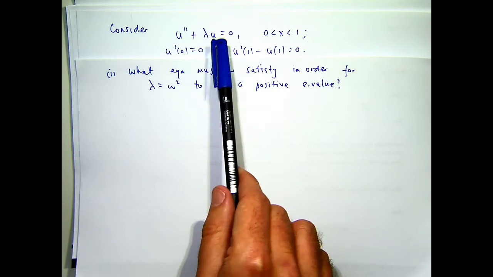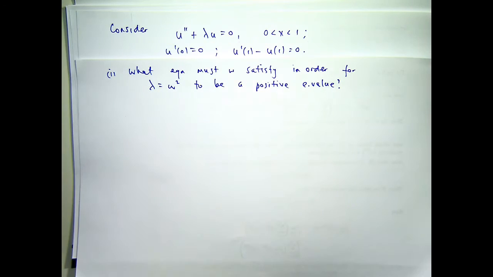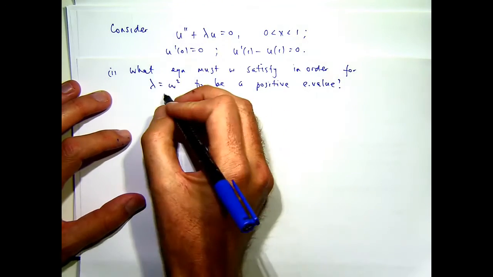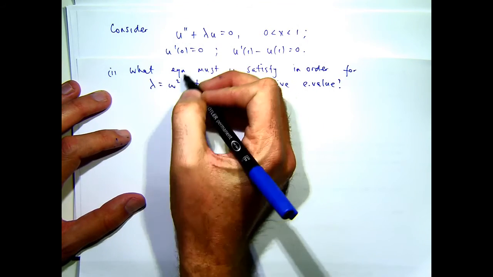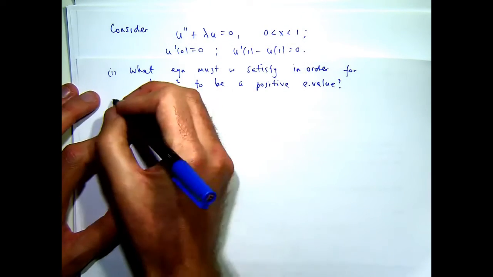Okay, so what we're going to do is solve the differential equation where lambda equals omega squared, it's positive, and see when we couple the boundary conditions what equation needs to hold in order to get non-zero or non-trivial solutions. Okay, so if lambda is omega squared and it's positive,